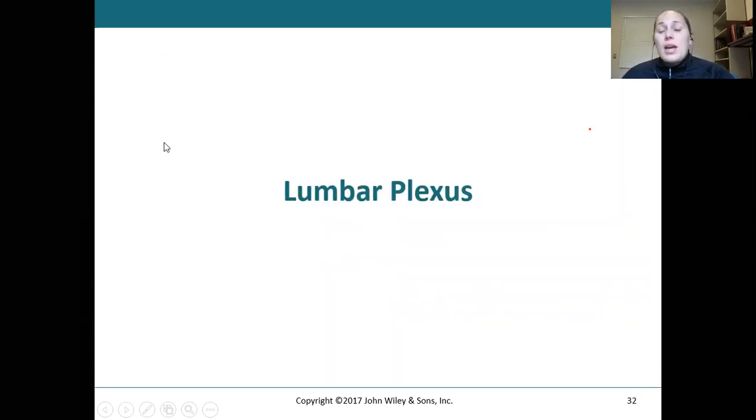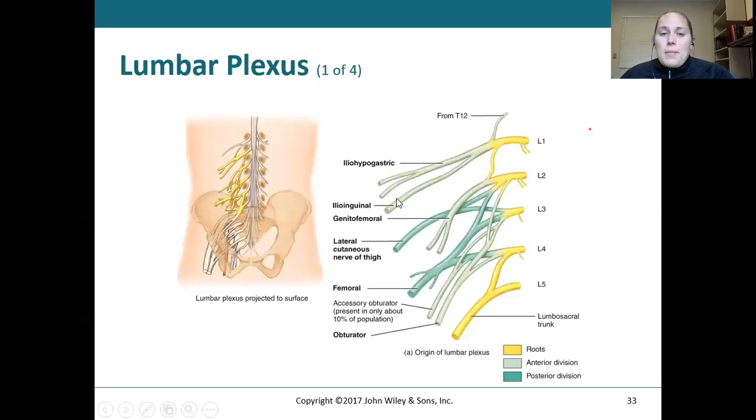Okay, so we've worked our way through the cervical region, a little bit through the thoracic, and now let's talk a little bit about the lumbar plexus. Not surprisingly, the lumbar plexus is going to be very important in projecting into the lower regions of the body. And so here you can see L1 through L5 are going to be projecting into different regions of the lower limb, things like the iliohypogastric, the ilioinguinal, the genitofemoral, the lateral cutaneous nerve of the thigh, your femoral nerve, and then lastly, your obturator. And recognize you have both your anterior and posterior division,